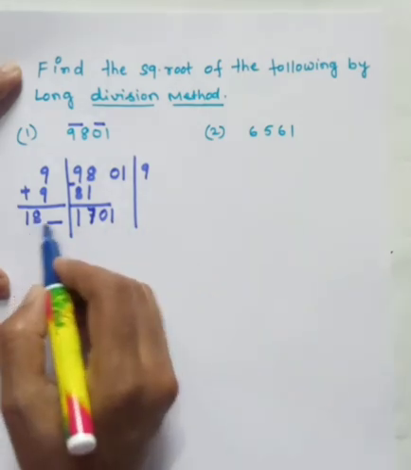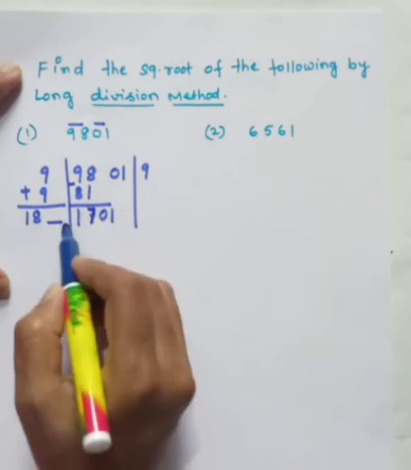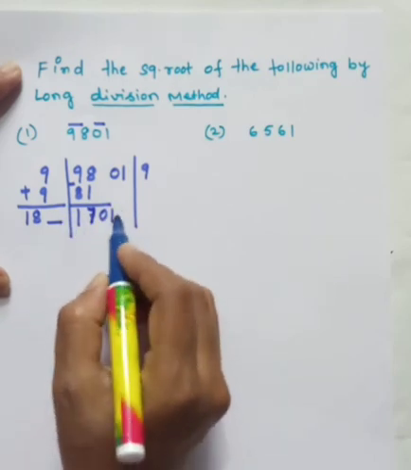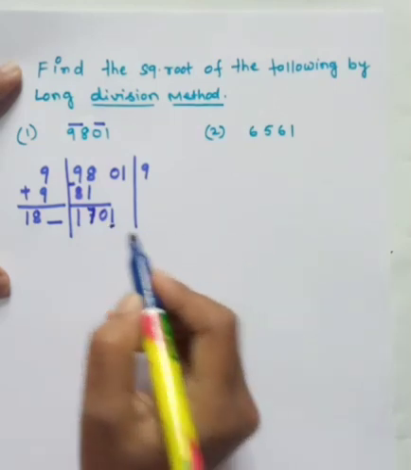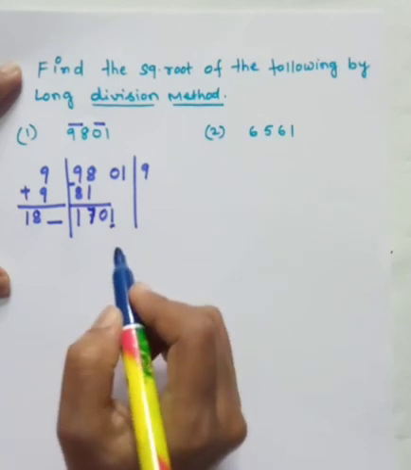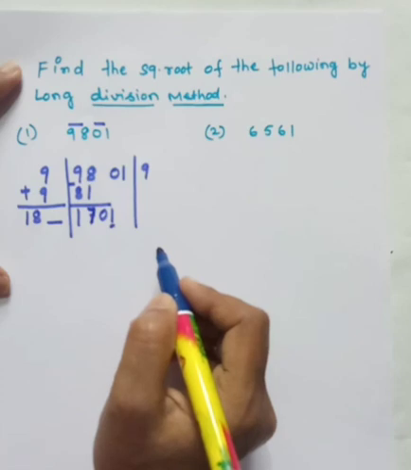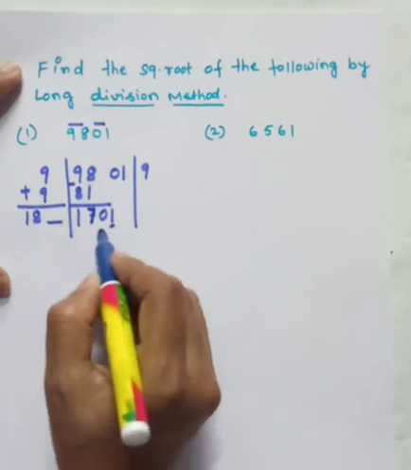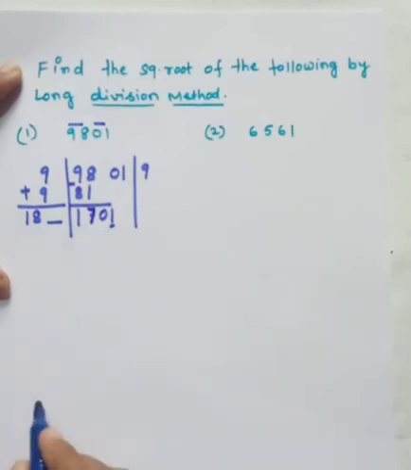Now you have to fix one digit here which will be suitable to complete our next step. Now see here how we will read the table from here: 181 ones are, 182 twos are, 183 threes are, like this. Here the last digit is 1. When does last digit 1 come? Either in case of 1 or in case of 9, because 9 nines are 81 and 1 ones are 1. If you go for 181 ones are, it will be less. So let us see for 189 nines are.